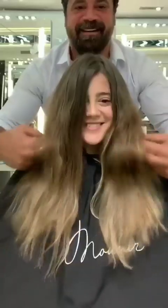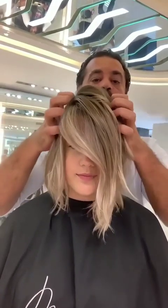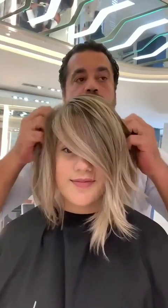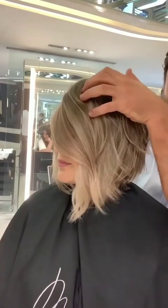To style a pixie cut, you can use a small amount of styling product, such as wax or pomade, to add texture and definition to the hair. Use your fingers to style the hair, creating a tousled or spiky look if desired. You can also use a blow dryer and a round brush to add volume to the top section of the hair. Be sure to use a product that provides a strong hold to help keep the style in place throughout the day. Pixie cuts are a great choice for those who want a low-maintenance hairstyle that